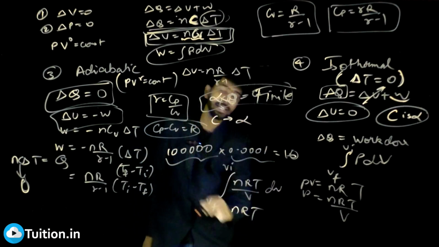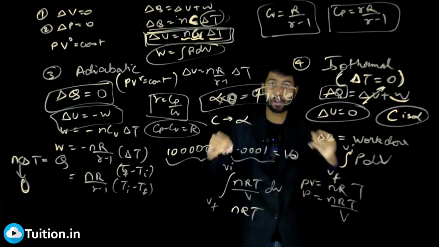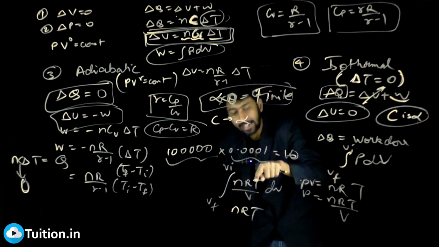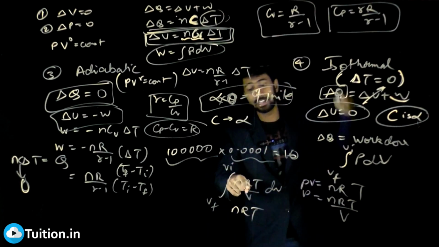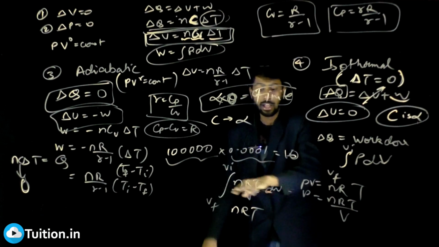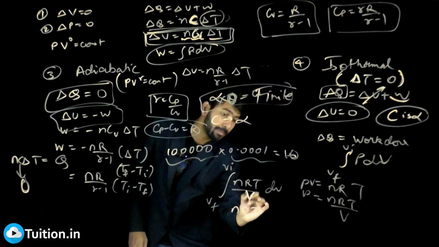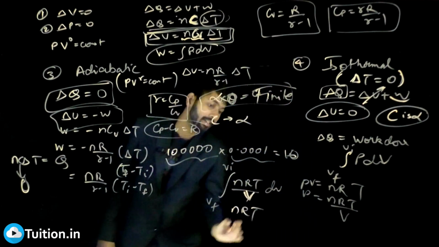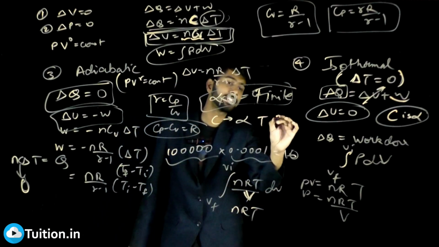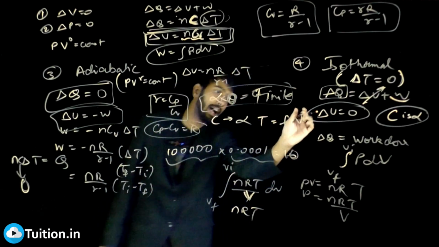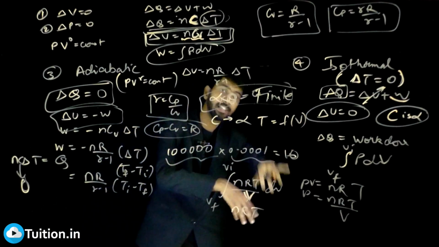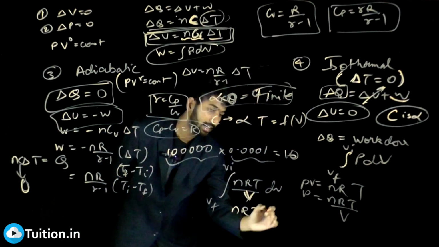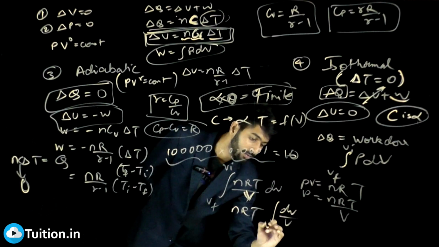If I was not able to take T out of this integral, I couldn't do this problem. I would have to find T as a function of volume and then replace T with that function of volume, because I can only afford to have one variable in this integral, and that's my V. Even if T was some function of V, I would have to write that function here and then integrate it. But here I can take it out of this integral, and it is simply dV by V,